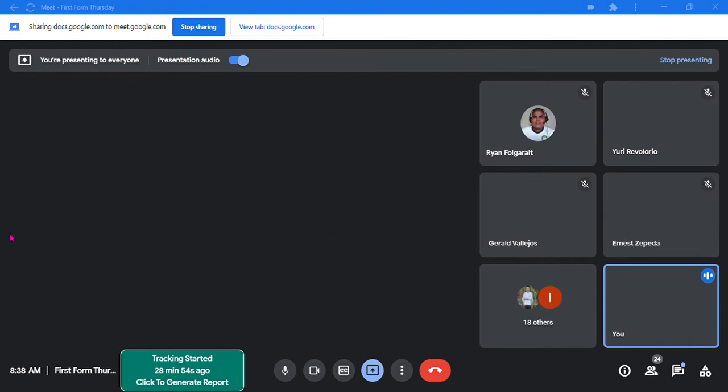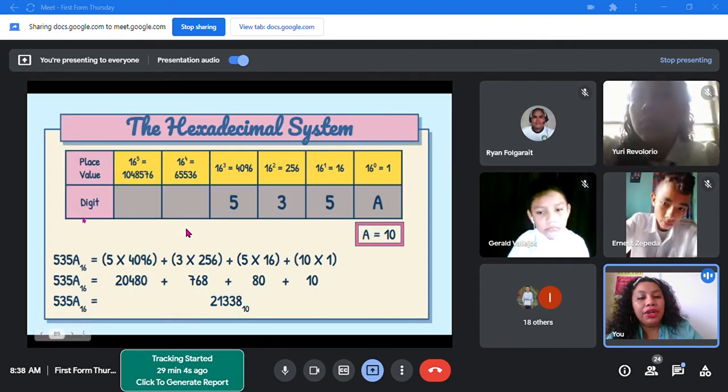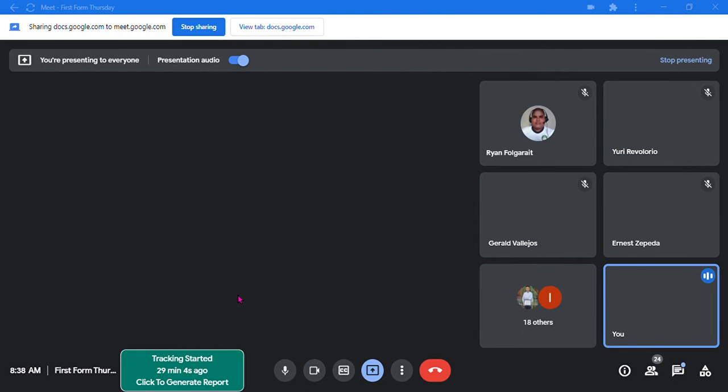535A base 16, and I want to change that to a base 10. So I'm going to do 5 times 4096, 3 times 256, 5 times 16, A times 1, but A stands for a 10, so I'm going to have 10 times 1. 5 times 4096 gives me